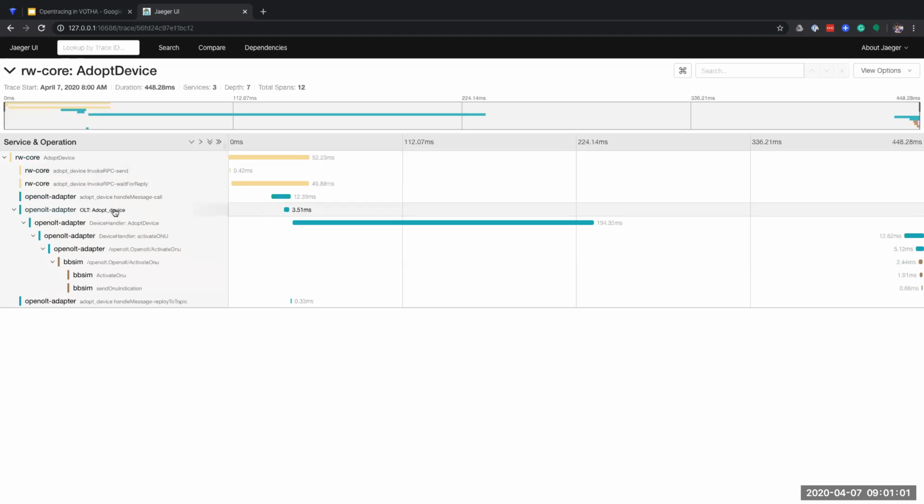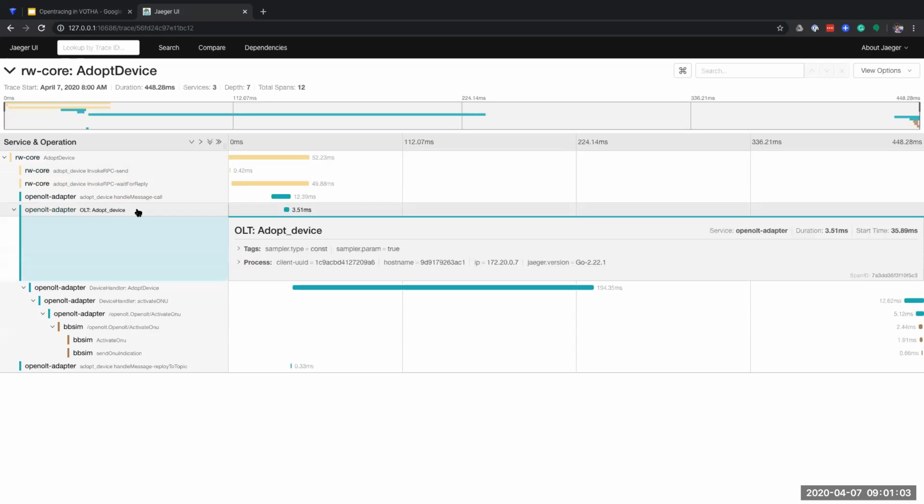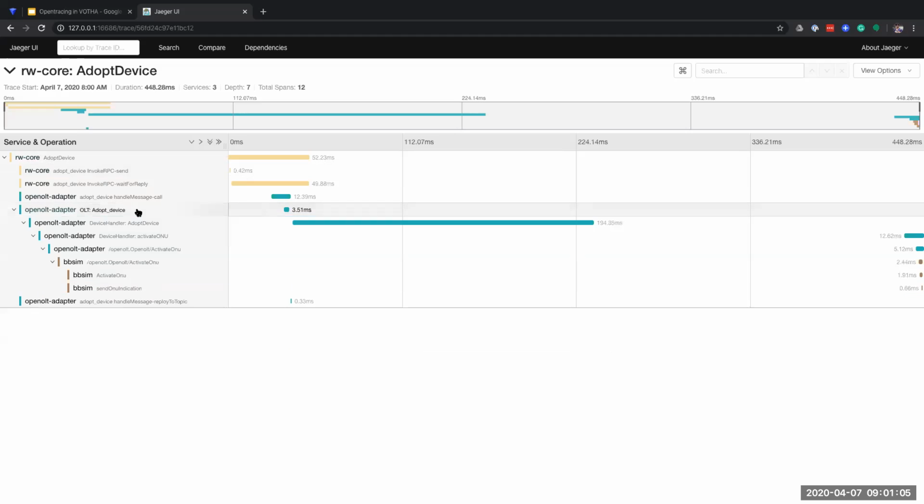And on the open OLT side, once it receives the information from Kafka, it will send a gRPC client, sorry, send a gRPC request to the BBC. But we all know the rewrite core just waits for the ack of the Kafka. It won't wait for the whole operation. So you will see the time period of the rewrite core doesn't cover the whole span.